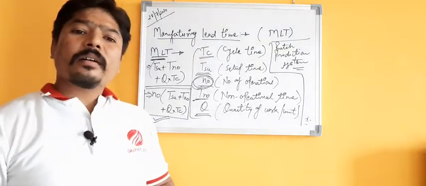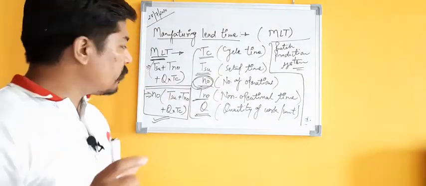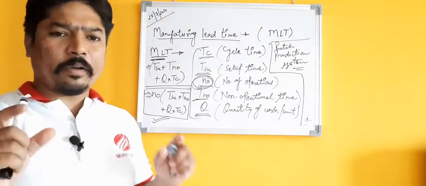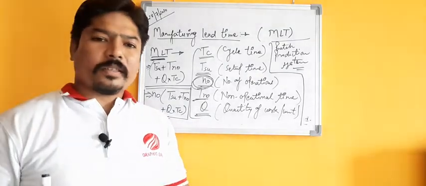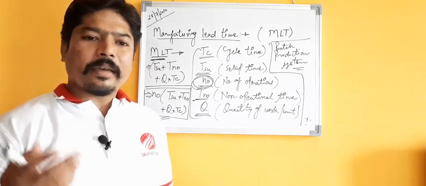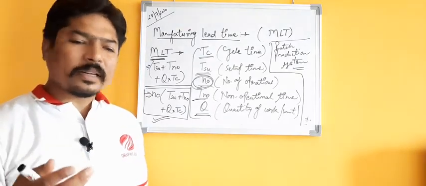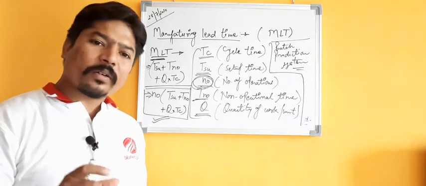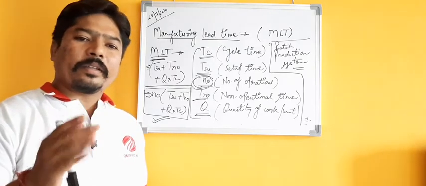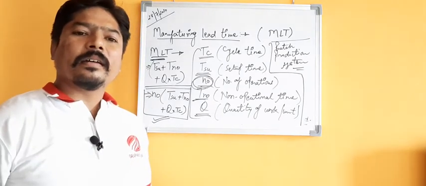Now, dear students, this manufacturing lead time is going to vary from component to component, part to part, product to product, plant to plant, factory to factory, and manufacturing system to manufacturing system, because each component has its own design and dimension parameters, its own manufacturing processes, and its own machinery, setups and tools. So this manufacturing lead time will of course vary, and based on these parameters we can calculate the manufacturing lead time for our factory and our plant.